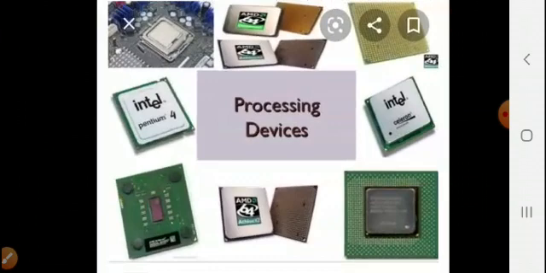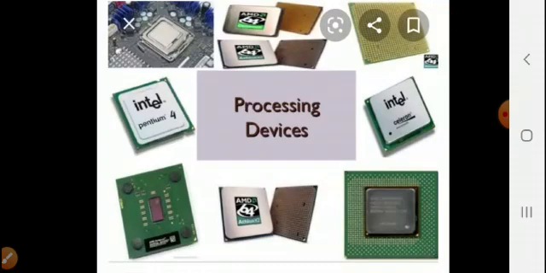CPU is the brain of computer. We are learning it from our first class. So CPU is the processing unit. The CPU or the central processing unit is present inside the CPU box. If we see the CPU box, then all the things are fitted inside. The CPU is the brain of computer and is often known as the microprocessor.